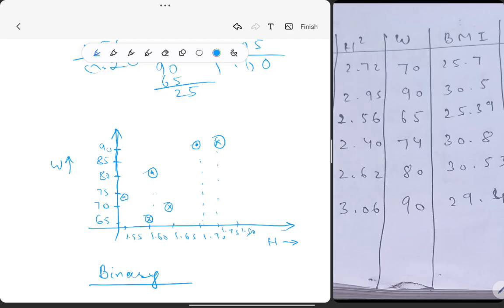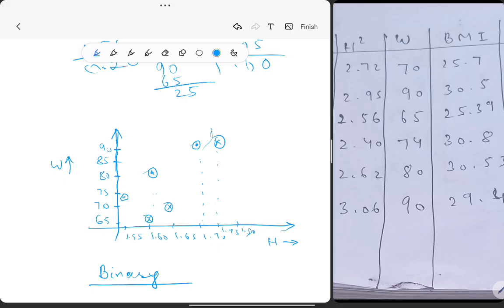Can we separate these data? What do I mean by separating them? I mean, can I draw a curve such that the curve will have obese points on one side and non-obese points on the other side? Of course we can. For example, I can go over this curve, and then the data is separated by that curve.